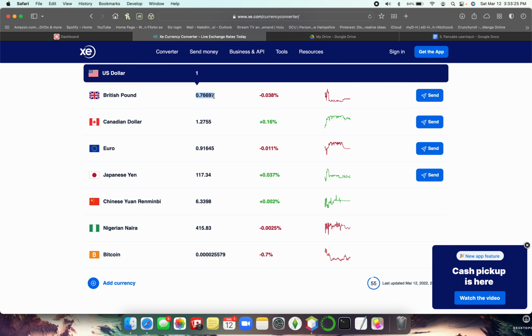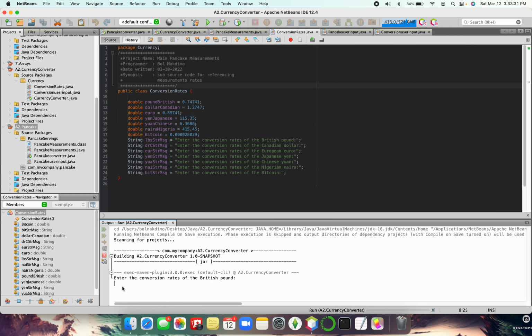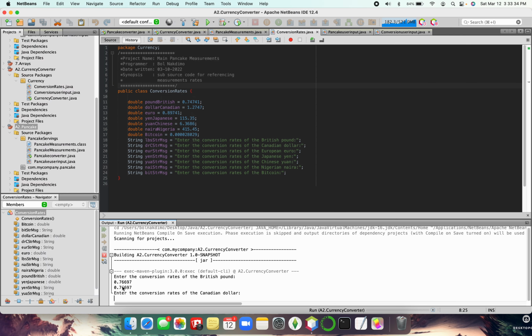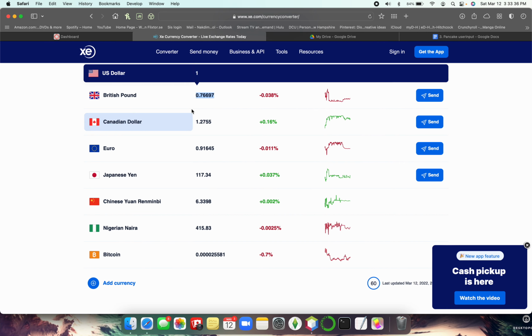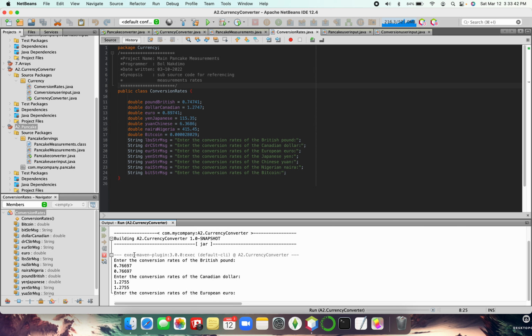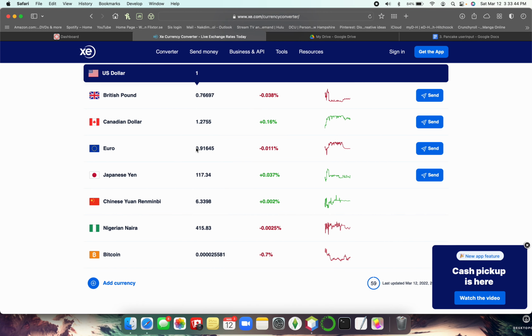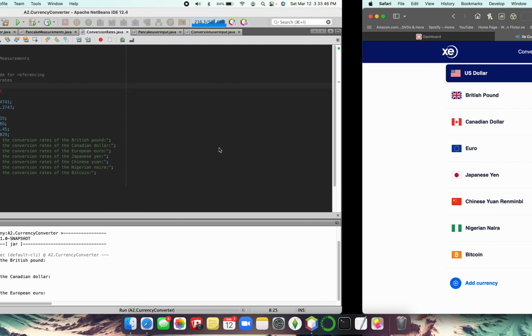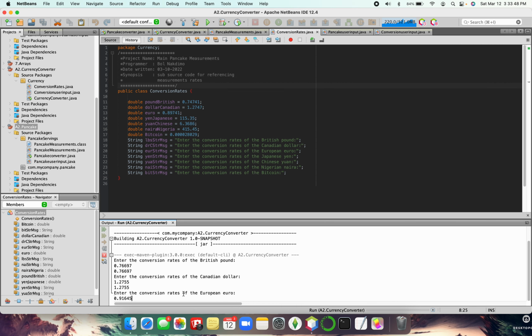We don't want to go too far, and we don't have to put too many decimals, but we can just select the whole thing. Command C, Command V, press enter. Now it's asking for Canadian. Command C, Command V, press enter. Now it's asking for European. Command C, Command V,